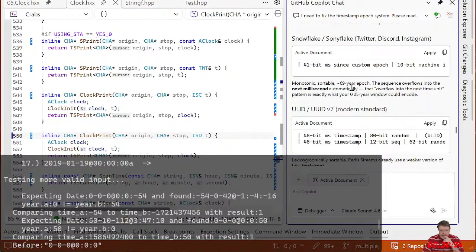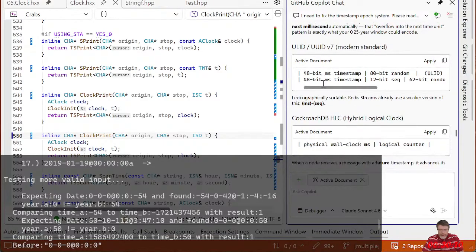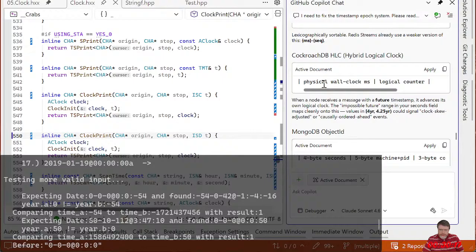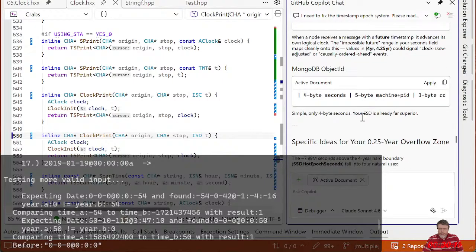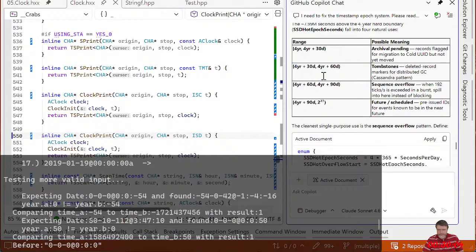Common 64-bit timestamp patterns. Yeah, mine is way better than theirs, dude. Theirs sucks. This sub-second ID bit format is actually really good. Here's the MongoDB object ID specific ideas for the overflow